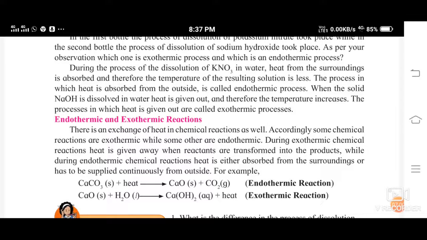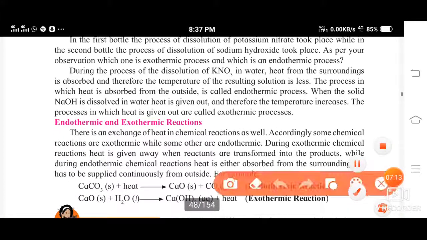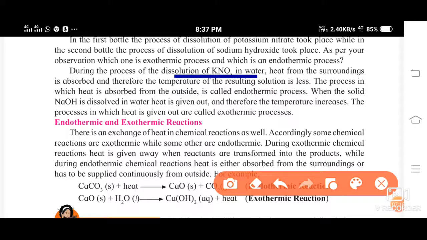Now, during the process of dissolution of potassium nitrate in water, heat from the surrounding is absorbed. Therefore, the temperature of the resulting solution is less. That's what I told you, isn't it? Heat from the surrounding has been absorbed, and therefore the temperature of the resulting solution is less. It has decreased. So this process in which heat is absorbed from the outside, we call it an endothermic